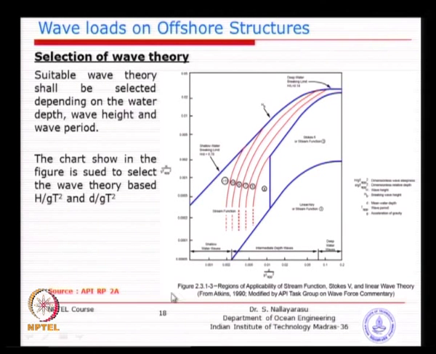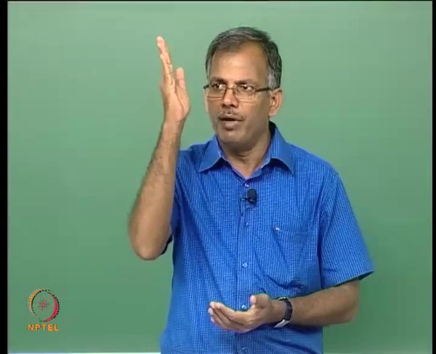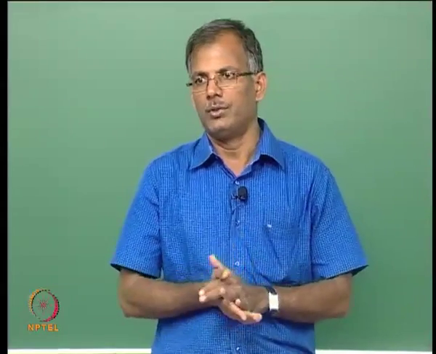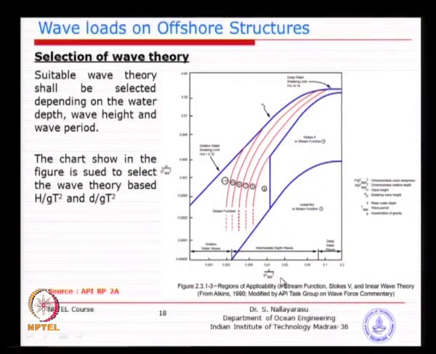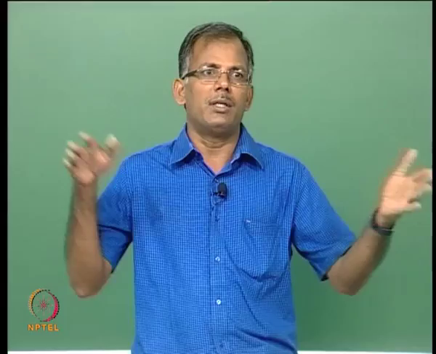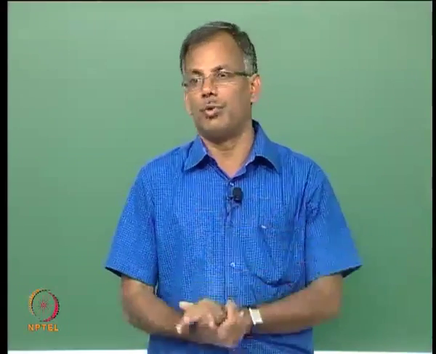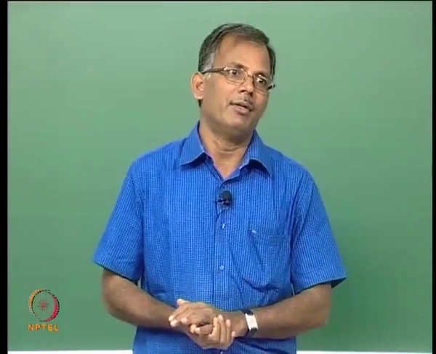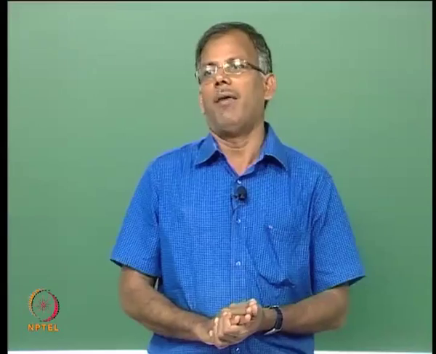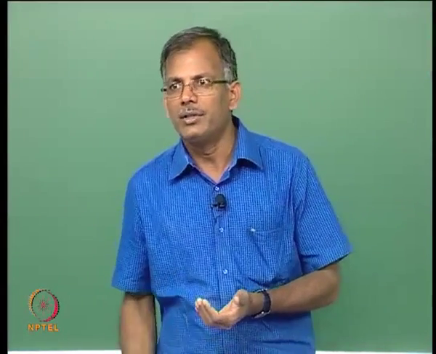The horizontal axis is also very easy to understand: water depth versus wavelength. If you look at the wave decay function which we discussed, the sine and cosine hyperbolic functions, the wave effect is going to be diminishing as you go down. So, the deeper the water depth, for example 1000 meters versus 100 meters, just take an example: with 100 meters depth and 100 meter wavelength, the effect will be almost to the full depth, whereas with 1000 meter water depth and the same 100 meter wave, you will see that the top portion will have water disturbance more than when you keep going down.